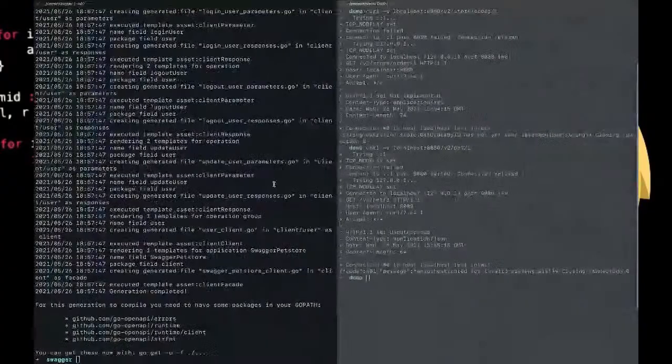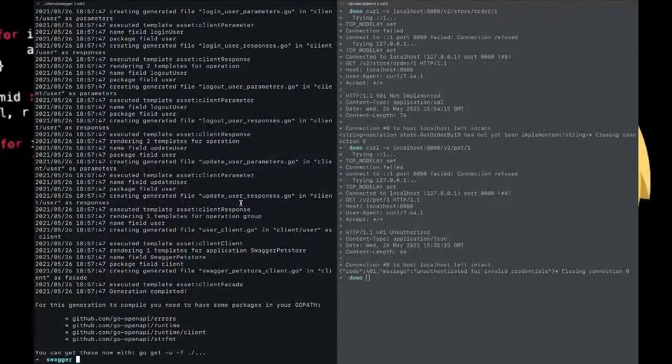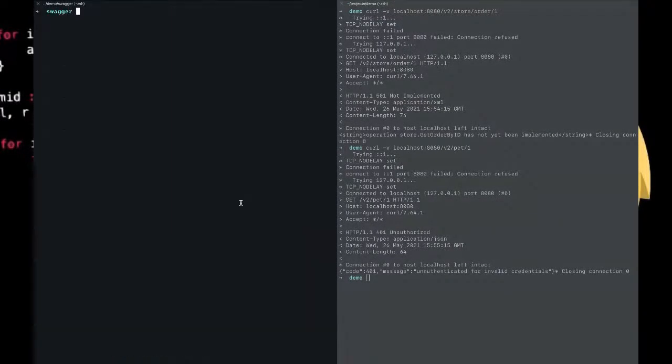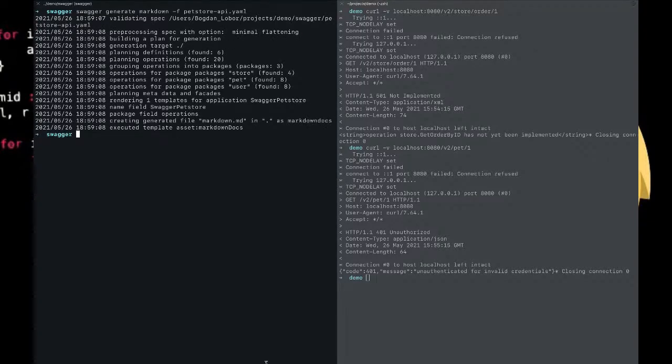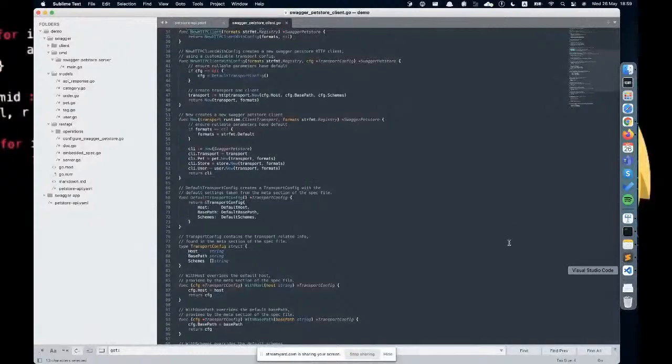So yeah, this is basically a basic client. Next one is how to generate the markdown. Honestly, I believe you are generating these markdowns, but I do believe there were some teams which generate markdowns as well. Don't forget it's markdown, PetStore, YAML. Okay, yeah, so it will be this. Okay, so it generated a markdown.